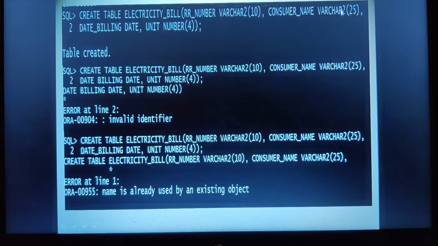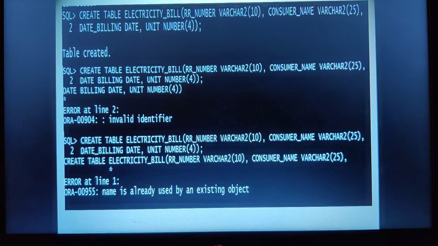So column name followed by its data type. Since I have moved to the second line, the line number doesn't matter here. Understood? Then we have date_billing followed by date as a data type, then unit number. Now once I execute this query, I get the answer: table created.